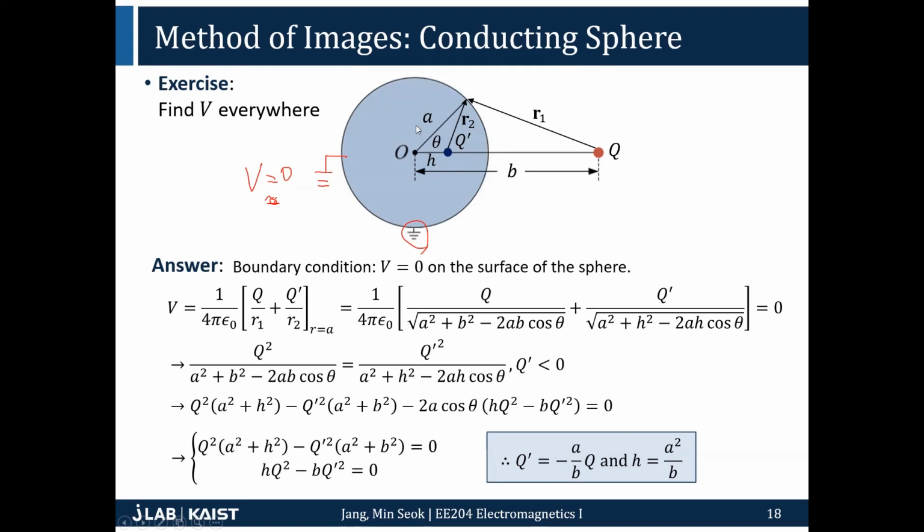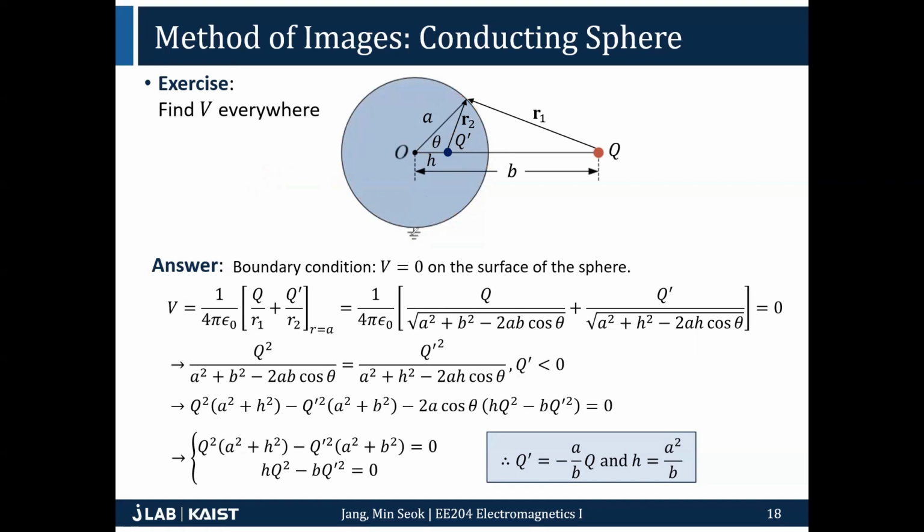And then, as I said last time, the two conditions are determined by making the potential here and there be 0, right? That already becomes two conditions. If H and Q prime satisfy this condition, then on all the conducting spherical surface, the potential becomes 0 and it's equipotential. So it's problem solved. So here, my question is, if we make a little change in this problem,